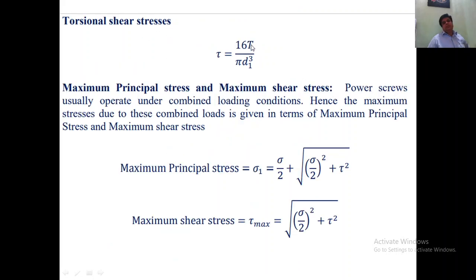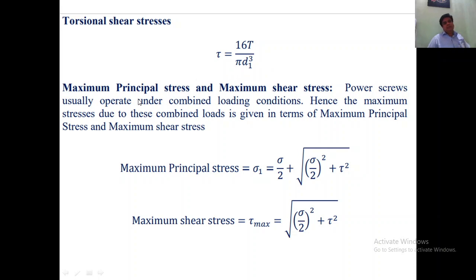Again, the torsional equation. All of you know, again in mechanics of materials, you have learnt about torsional shear or the torsional equation. T by J is equal to tau by R. So tau is nothing but the shear stress. Using that equation, J is the polar moment of inertia, so it is pi d to the power 4 by 32, and R is nothing but d by 2. If you reduce that, you can directly calculate the shear stress due to torsion. So it's basically the torsion equation, T by J is equal to tau by R.